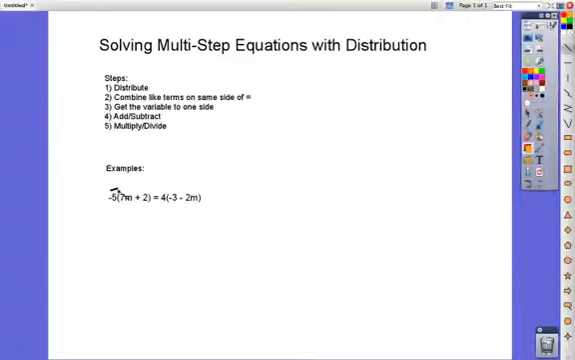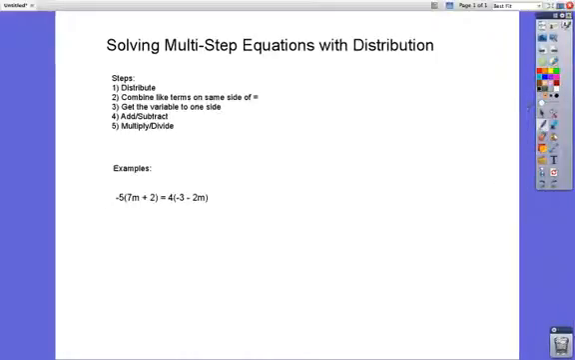So the first thing we're going to do is distribute this negative 5 to both the 7m and the 2, which makes negative 35m minus 10. Yeah, so they're both negative because we have positive times a negative, and that makes a negative. And this equals,